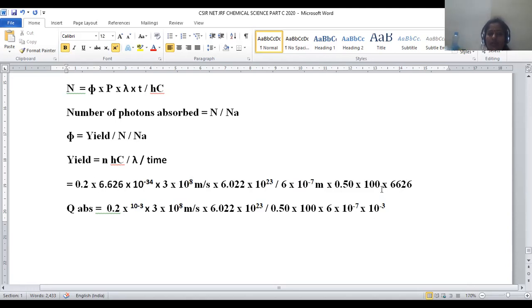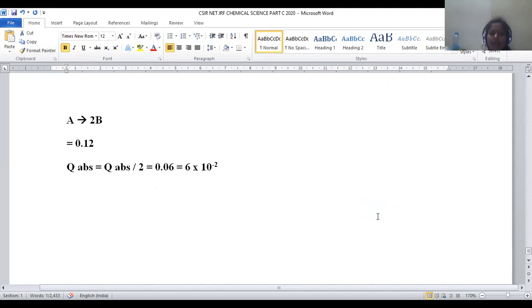That's why this term is not appearing, because we cancelled these two. Whenever we cancelled these two, here we have a decimal point, 0.626 is there. That's why in the denominator we inserted this 10 to the power minus 3. Right? Remaining terms remain as such. Only the difference is that 6.626 and 6626 both get cancelled. That's why 10 to the power minus 3 is inserted, because here a decimal value is there. So remaining all are same.